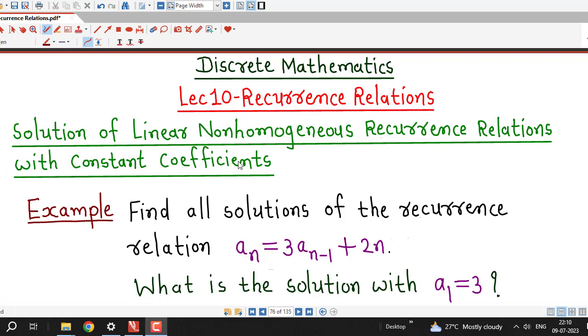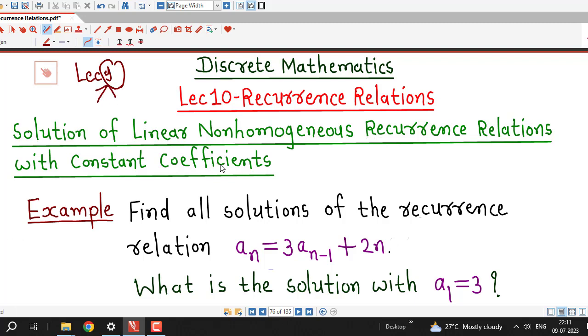In this lecture, we are going to solve one recurrence relation which is non-homogeneous, and we will apply the method of undetermined coefficients to find out the solution of given recurrence relation together with initial condition. We have discussed the method of undetermined coefficients for the solution of non-homogeneous recurrence relations in lecture number 9. So if you have not seen lecture number 9, then I suggest you watch that lecture first before going